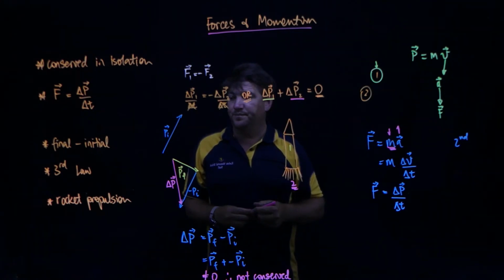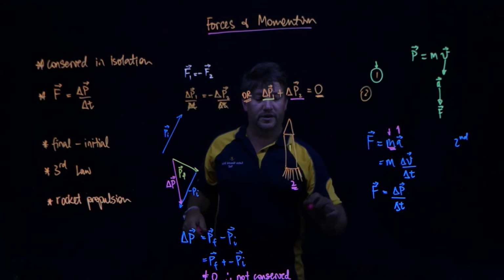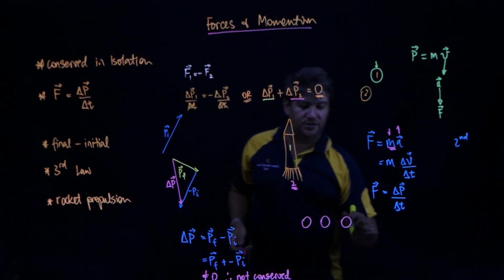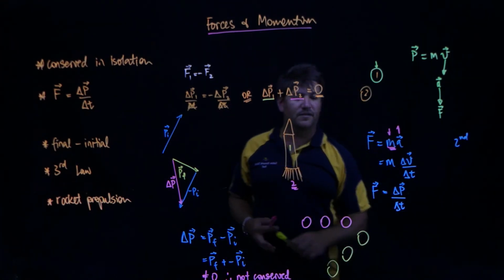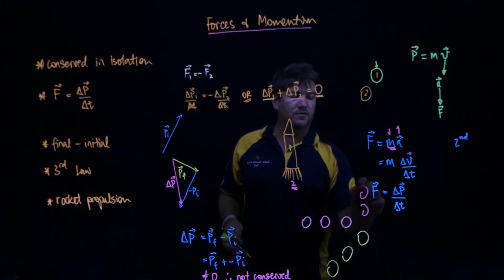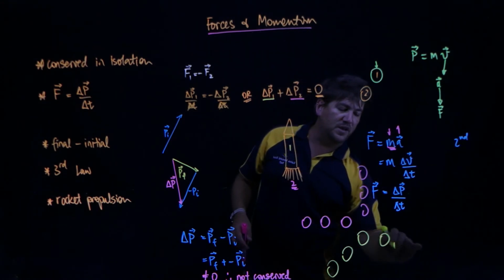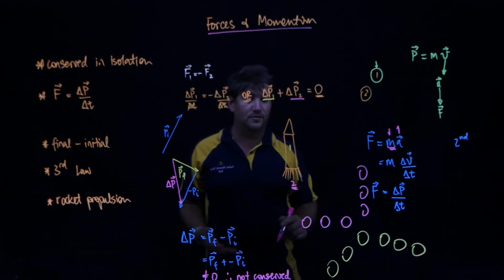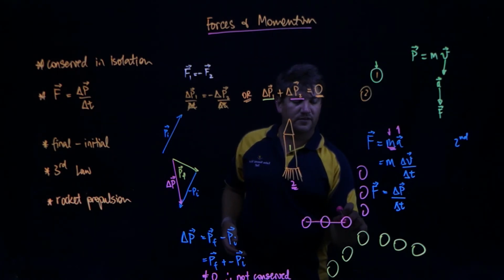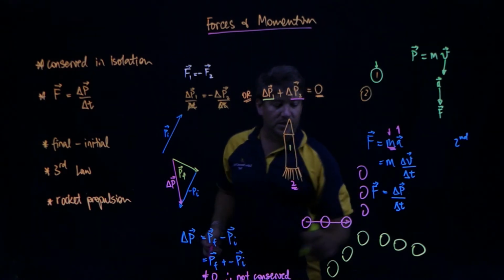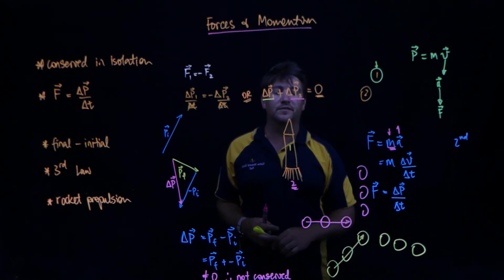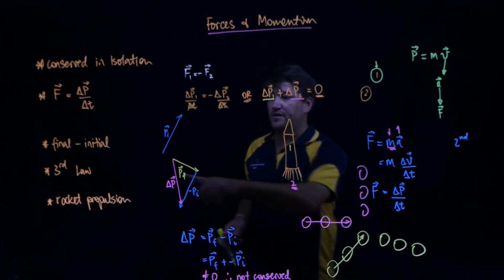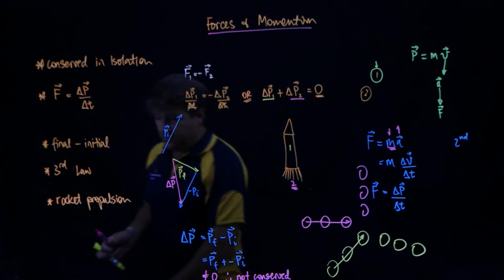All right. So in this section, you will be drawing diagrams to do with objects that are going to undergo collisions. You will have a certain amount of momentum at the start, and you will have a certain amount of momentum at the end. And what you will identify is if momentum is conserved in this situation. We have a vector that's going to represent our initial momentum. We have a vector that's going to represent our final momentum. And we're going to add those two things together. So momentum 1, momentum 2. We're not finding the change anymore. We're doing